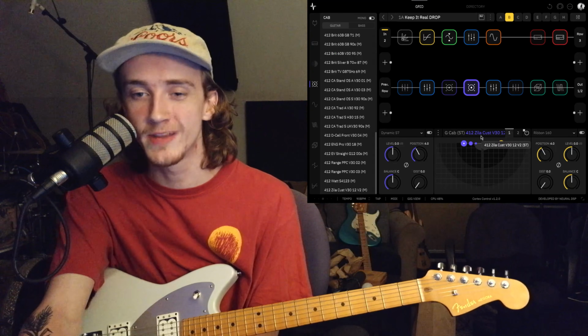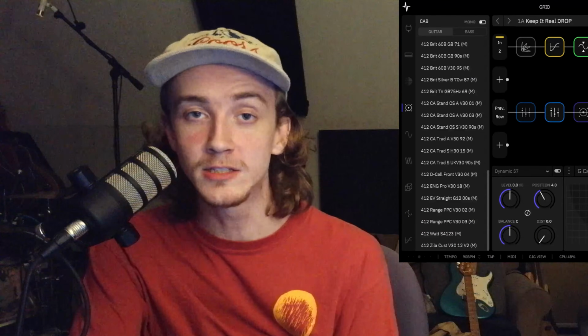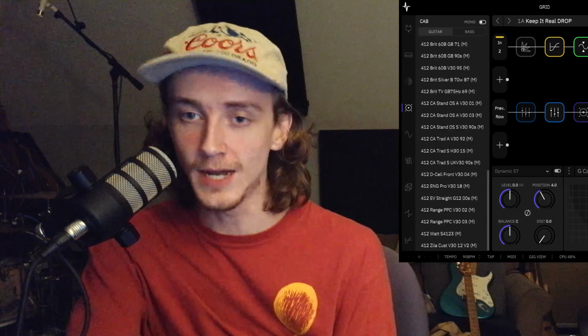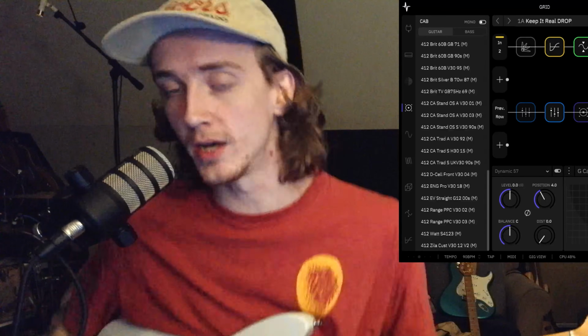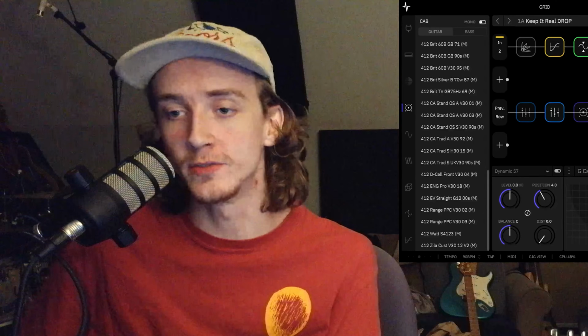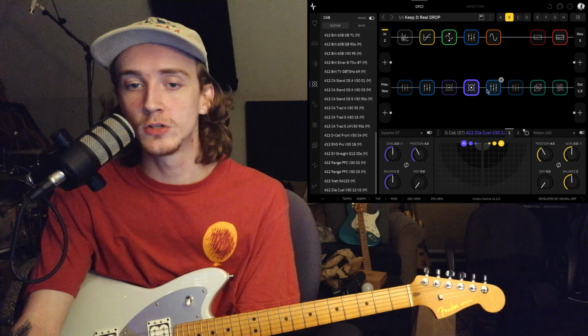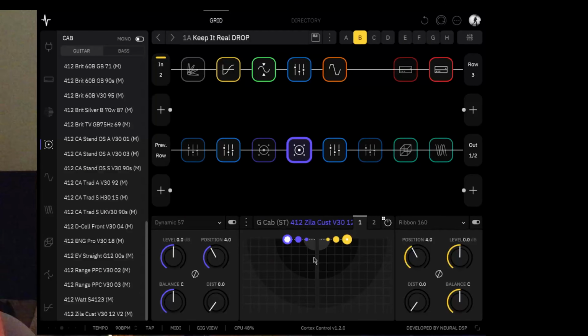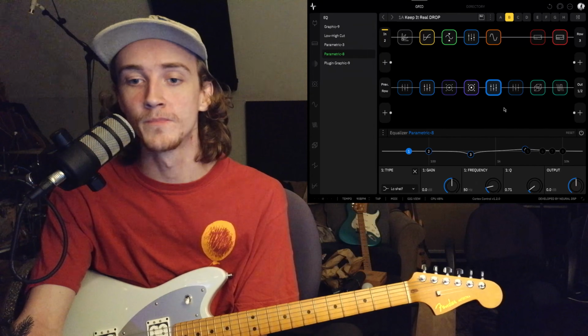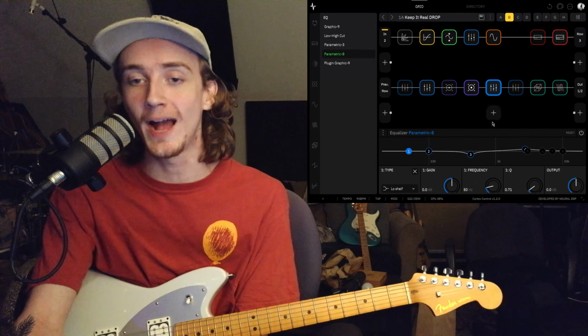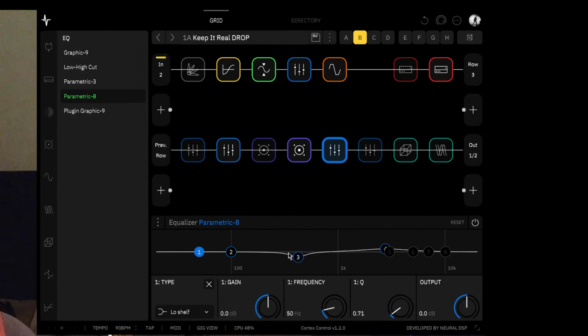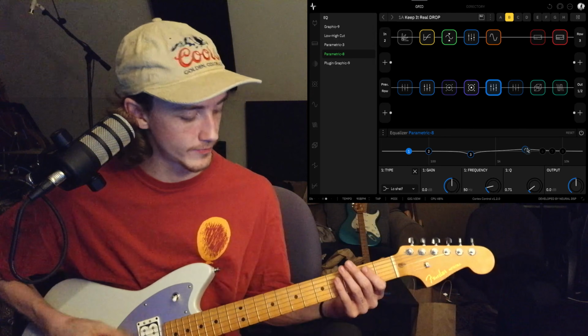I normally go with the Mesa Oversize, but these tones are kind of old. I made these right when I first got the Quad for John's set, and I haven't really updated them at all. The Zilla 412, basically just stock how it comes, didn't change anything. And then there's a little bit of EQ after the cab, sucking out a little bit of boxiness, giving it a little bit of extra top end, and